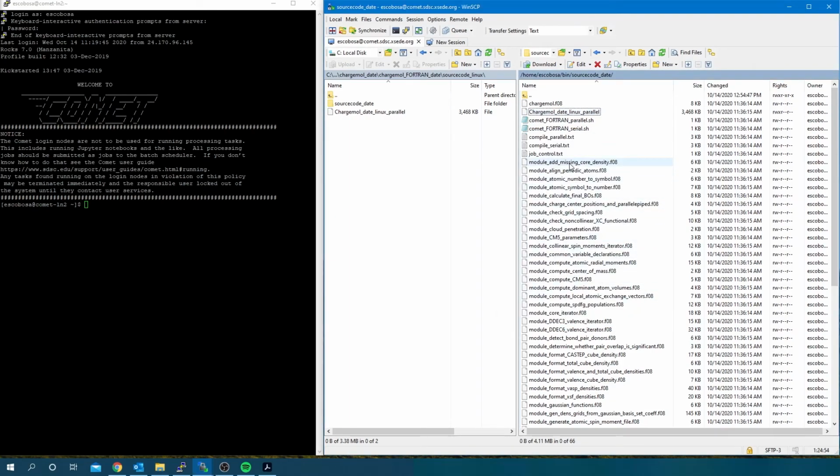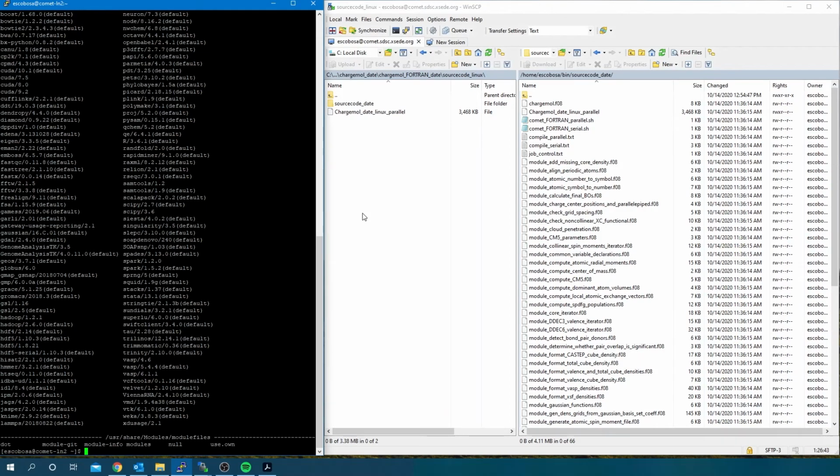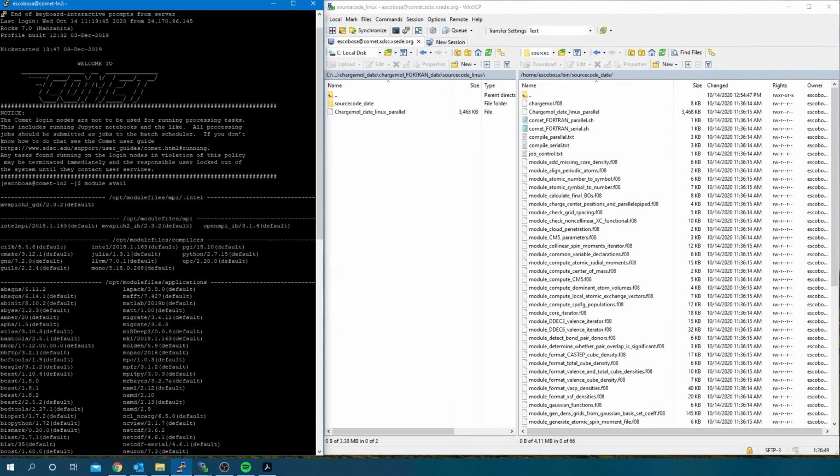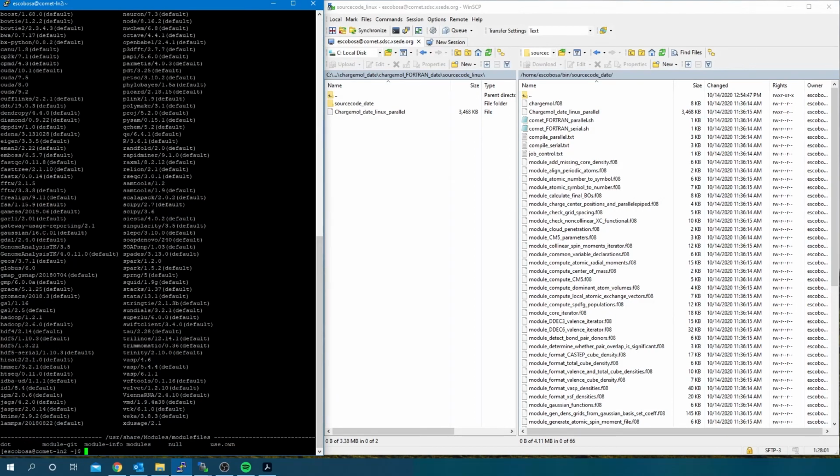At this point, you should try to run the program. However, if that doesn't work, you have to recompile the program, and this is the process you need to follow. In PuTTY, type module avail to see the list of modules available. Look for something called GNU, GFortran, or GCC. I found GNU. Then load this module by typing module load GNU, GCC, or a similar command.